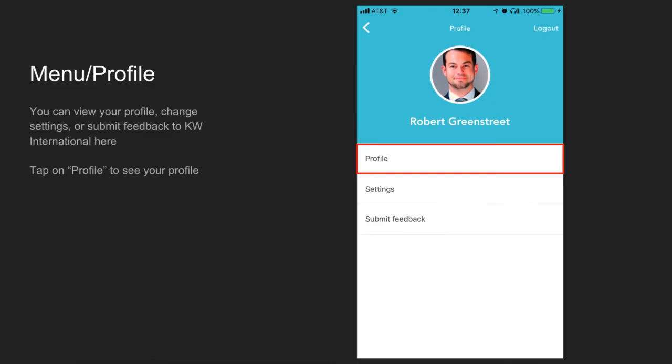In this menu, you can view your profile, change the app settings, or submit feedback on Kelle to the KW International team. That submit feedback is the option I was talking about earlier, where if you think of something that Kelle should be able to do, you can send that to the KW International team and they'll have that in consideration. For now, let's tap on Profile to see what other agents see when they look you up in